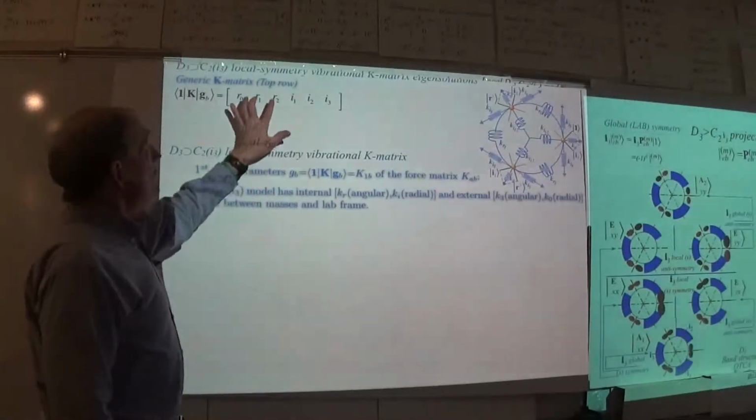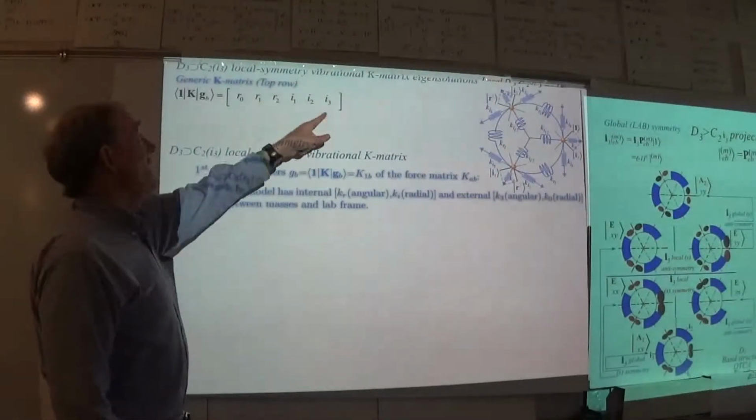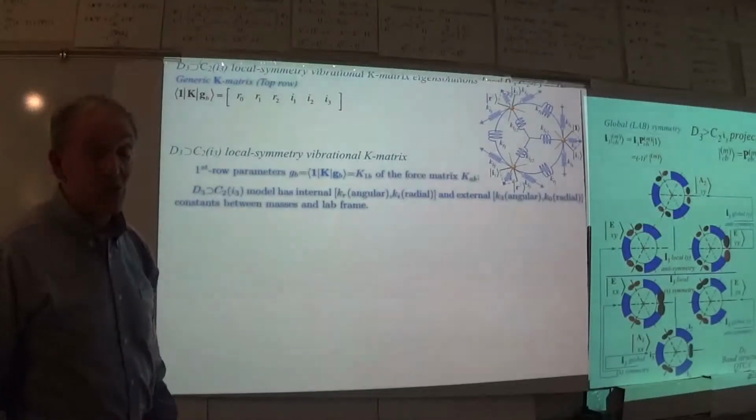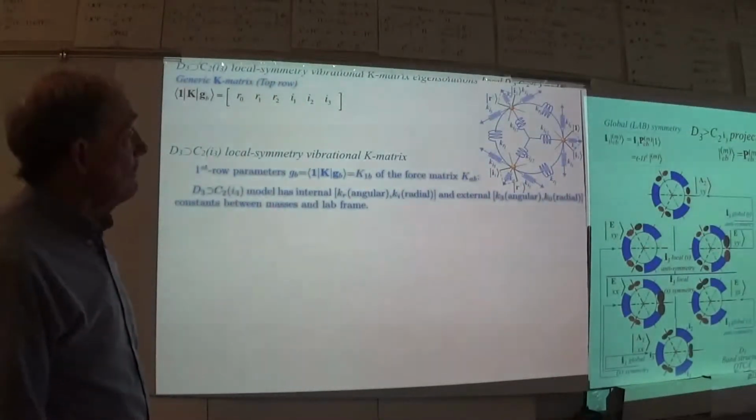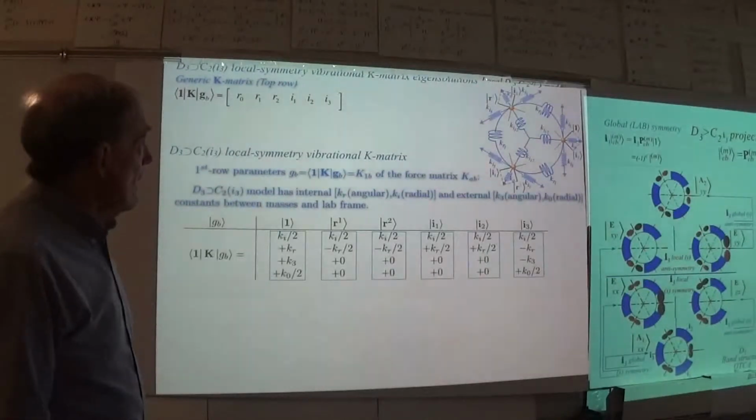Possibly complex. These two can be complex. These can't, because they're associated with C2 symmetry. It has no possibility of being anything but 0 and pi in phase. Okay, so